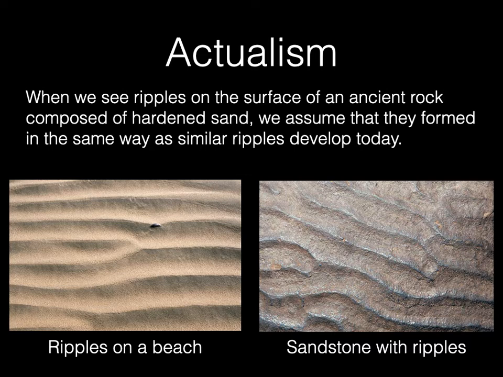Now, there's a lot you can actually tell from those ripple marks. You can tell, and maybe we'll mess with it a little later in the course, which way the water was moving when they formed, based on the angle of the ripple marks. In fact, you can tell if it was formed by water or by a sand dune, because they make different kinds of ripples. So it's kind of a neat thing to trace back some of the history like this.